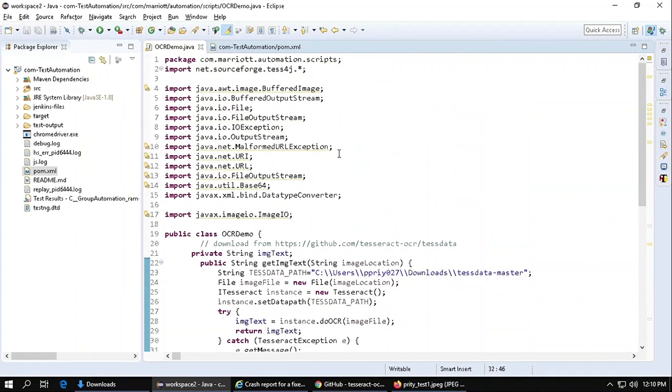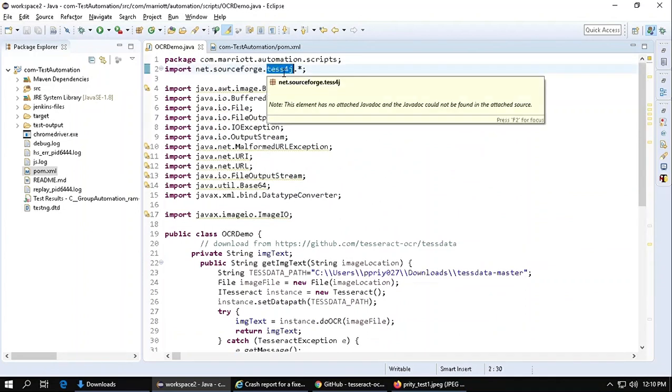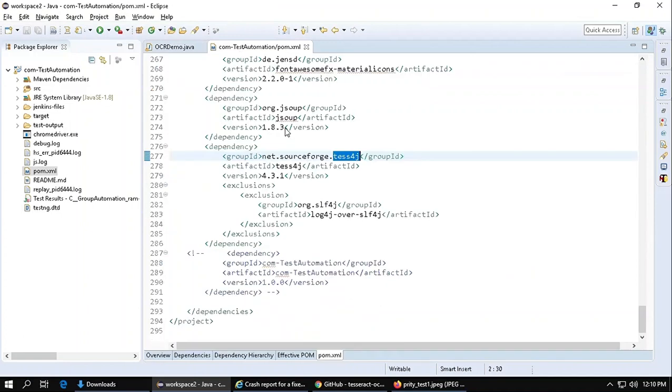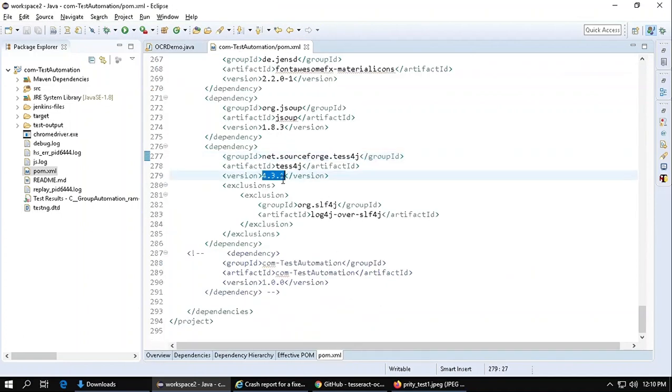Again, let me tell you that there are multiple versions of Tess4j in the market, and it is very confusing. If you see my POM, this is 4.3.1. First I started with the 3 series and it was not working at all, and there was a lot of information on the internet, like I have to download the Visual Studio redistributable, some other libraries in Windows or something like that.